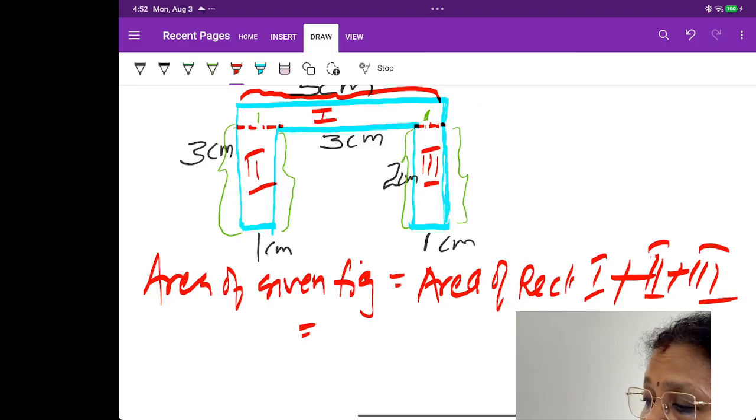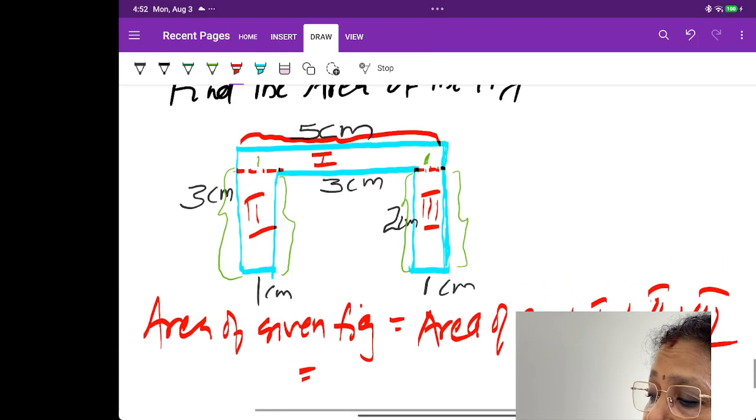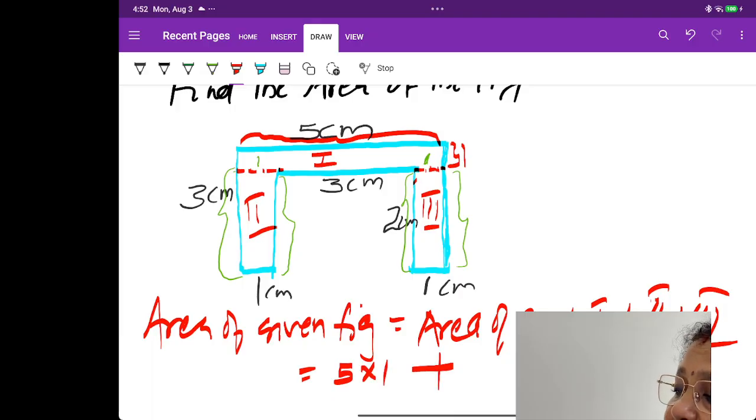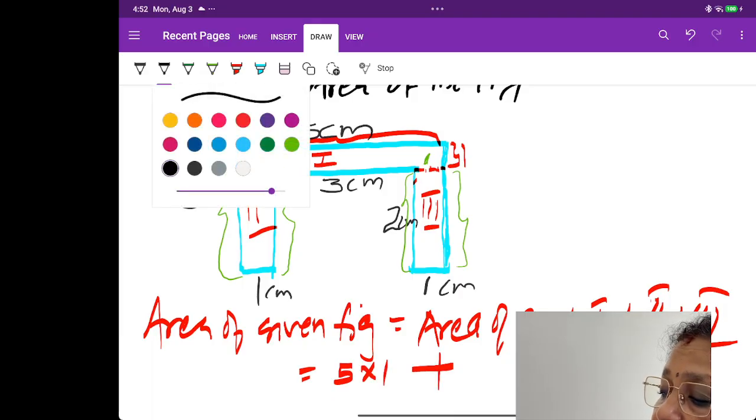Now, what are the measures of each rectangle? This is 5 centimeter and this is 2. So, this one is also 2. What is its breadth then? Its breadth is 1 centimeter. So, 5 into 1 plus 5 into 1 plus